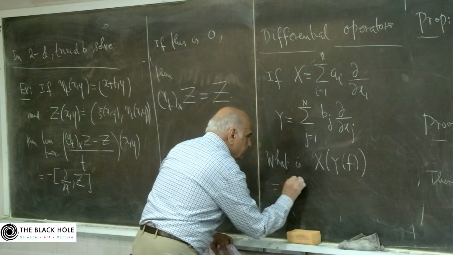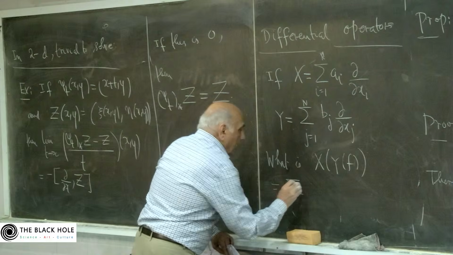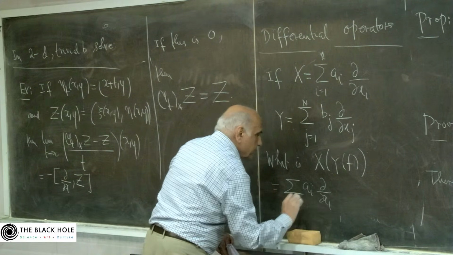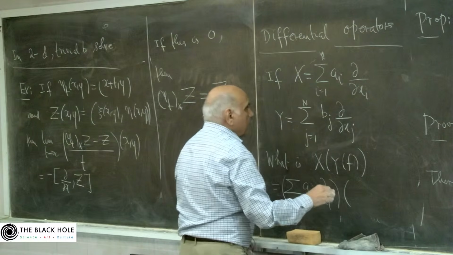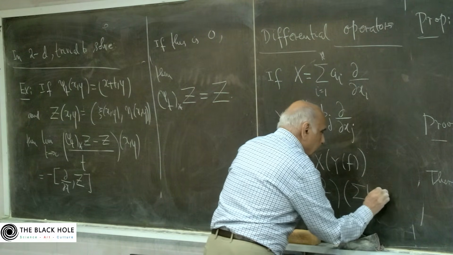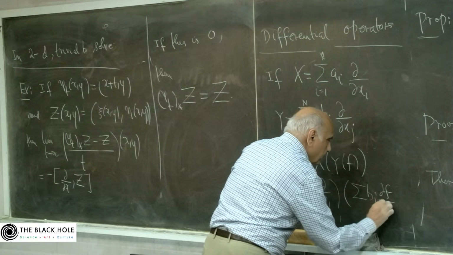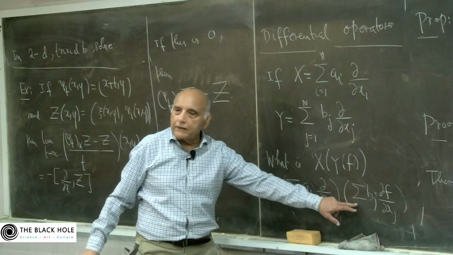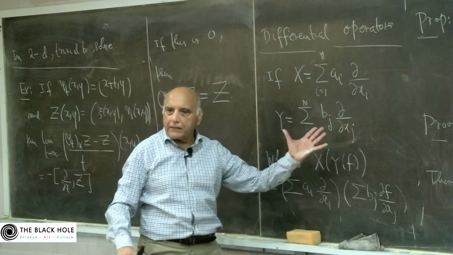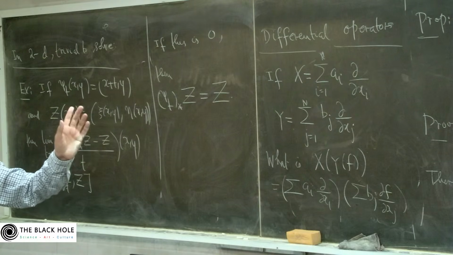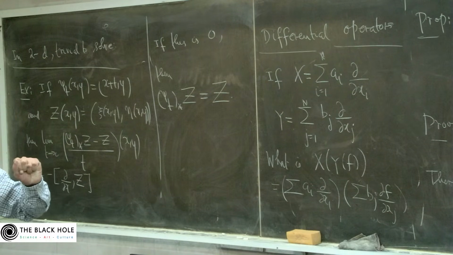This is sigma a_i partial by partial x_i, and then sigma b_j partial f by partial x_j, right? And then you use the product rule for differentiation and you can write it down. So it will be a linear operator, but of order 2. And now we can define